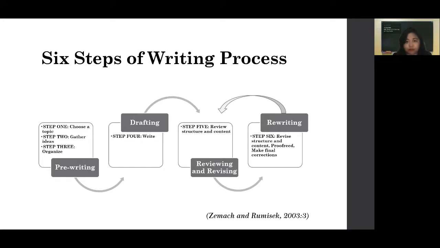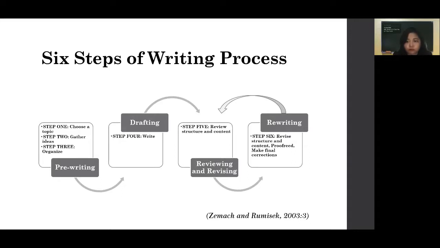Previously, you did free writing, and now please read that draft and try to find whether you need to put in another sentence, maybe between the first sentence and the second sentence, or whether you need to add more details, put in an example, or many other things. You do a review of your structure and content.